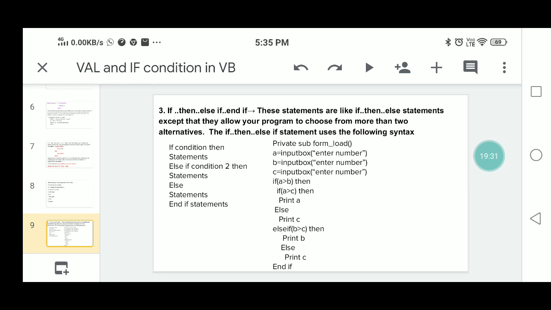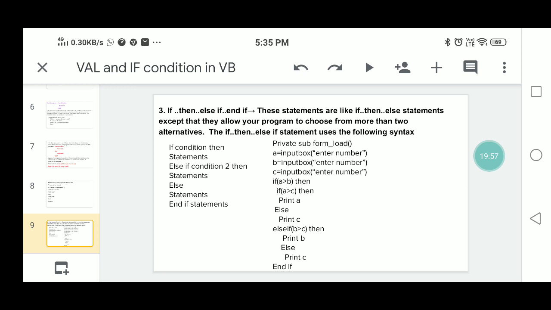So I have explained about the IIf function and also the if conditional statement. The if condition statement syntax is: if condition then statements, then else statements, end if. Sometimes it is if condition then statements end if, that's all, there is no else. With or without else, you can take the statements.